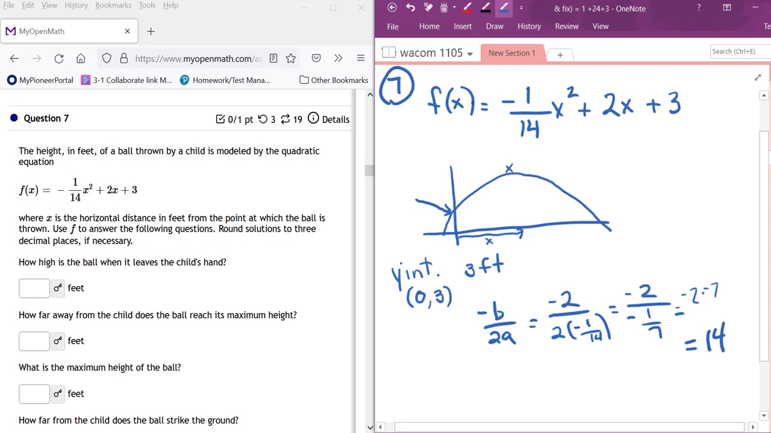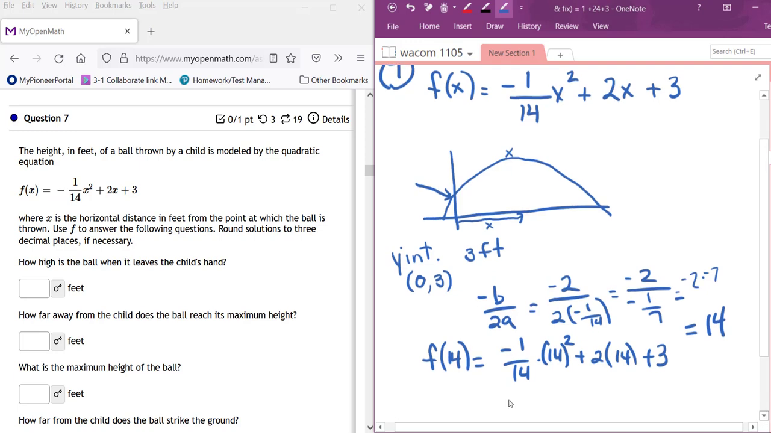Now you can plug this in to get the y of the vertex, which is your maximum height, which is the third question. So you could do it by hand. So f of 14, and just a little bit messy. Your 14 squared, and then you're going to divide it by 14, so it's actually just going to go back